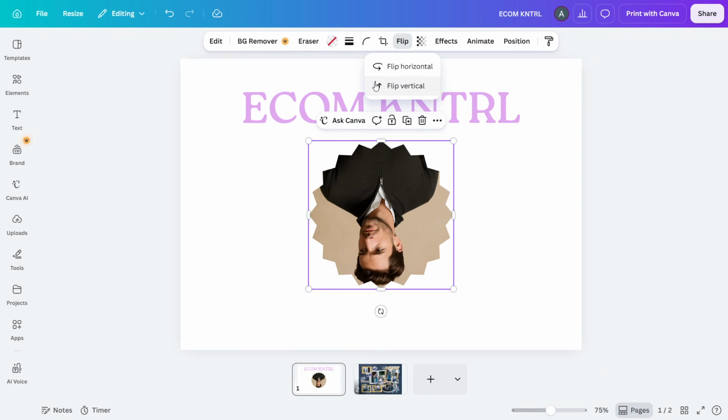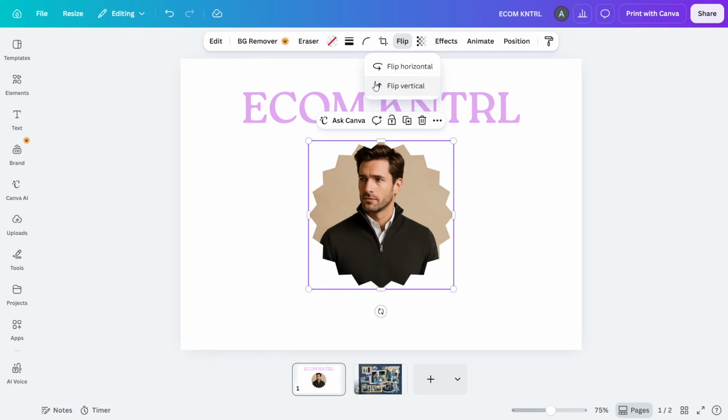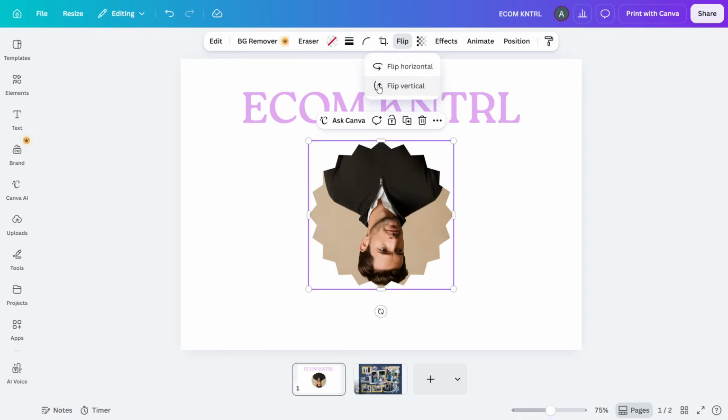Once you see those options, click the one that matches the effect you want. If your image needs to face the opposite direction, choose Flip Horizontal. If you want to invert it from top to bottom, choose Flip Vertical. As soon as you click, Canva will apply the change right away so you can instantly see how it looks